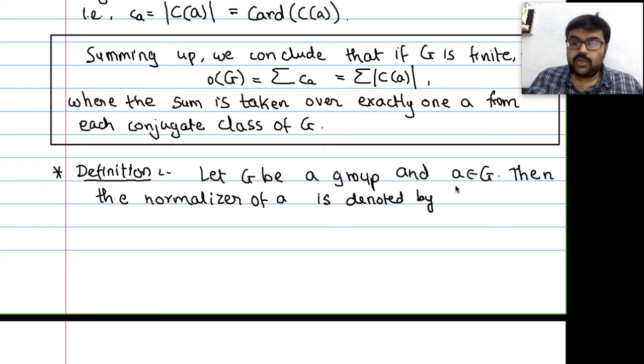It is sometimes also called the centralizer of A, but we are using the word normalizer of A. It is denoted by NA, and it is defined as